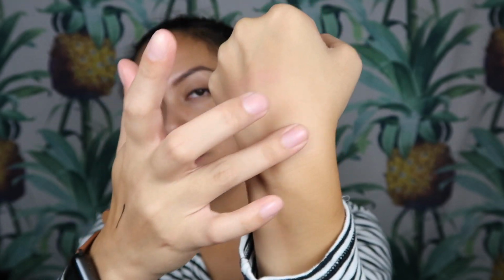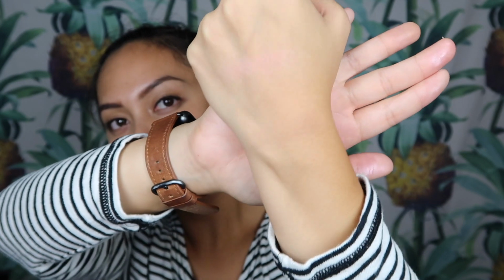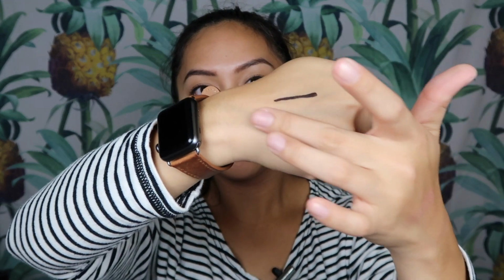So, oh my gosh. Okay, yeah, you can barely see that. We'll give it a try. I like that it is a cooler shade for bronzing, but I don't know if that's going to show up very well on my skin. Let's try. Okay, I'm going to try a little bit harder to really get in there. Yeah, you can barely see that, but we'll give it a try. It does feel really dusty. Maybe I can pass it on to someone with a lighter skin tone. Moving on to